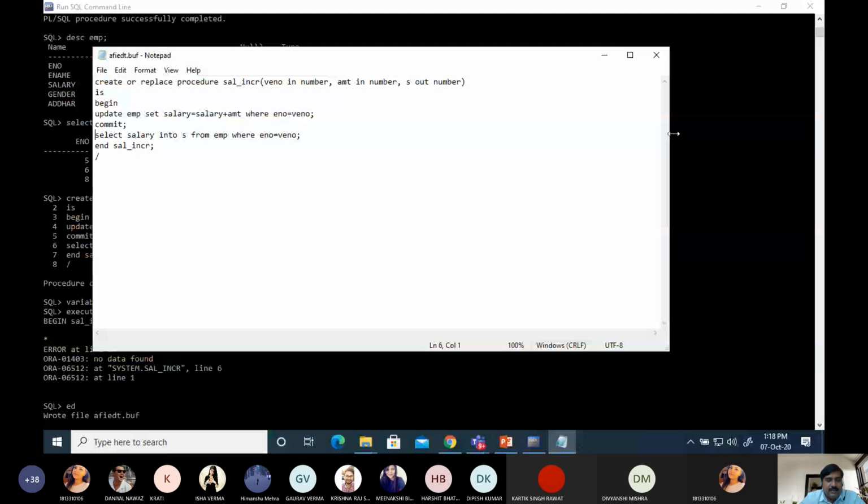Sal increment. Let me check here and change the name of this. Maybe this indicates some keyword. Sal raise, and here also sal raise.